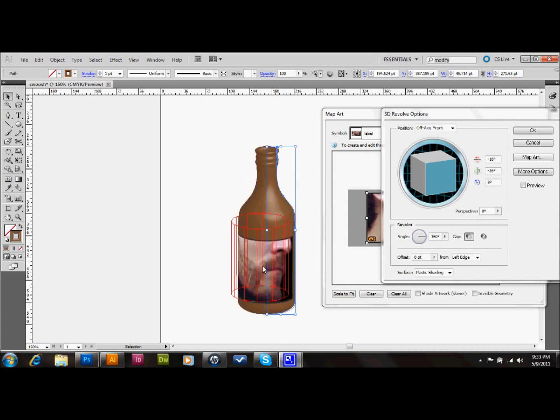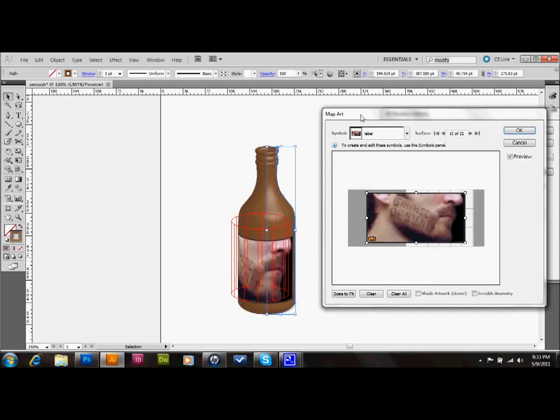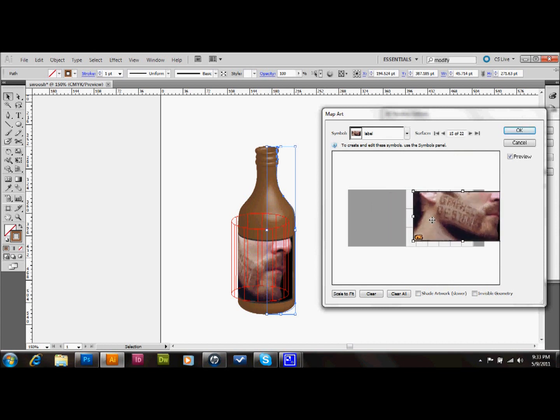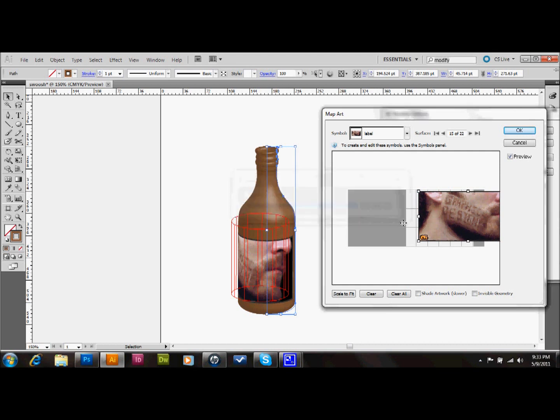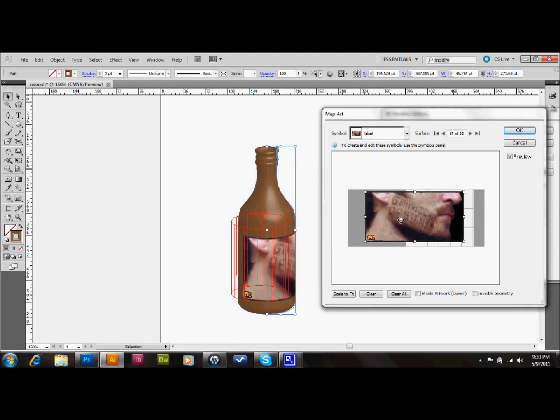I'm going to just go ahead and drag this over so that I get my little logo in the front. I actually liked it better the other way, so I'm going to just go ahead and make it like that. You guys that know what the logo looks like, so